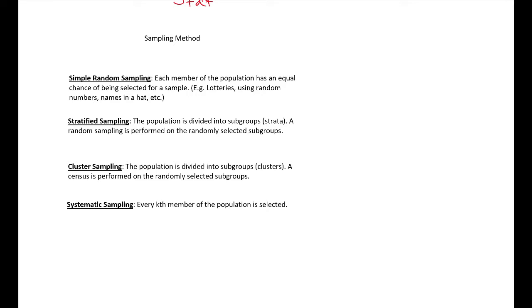Put names in a hat, shake up the hat really well, and then pull out a name. Those are examples of simple random sampling. Okay, the next two types of sampling are easily confused, so I'll try my best to